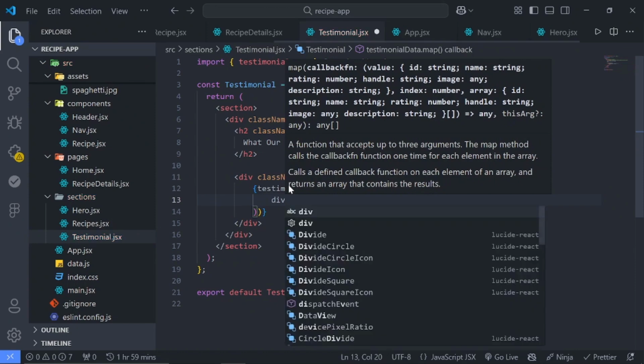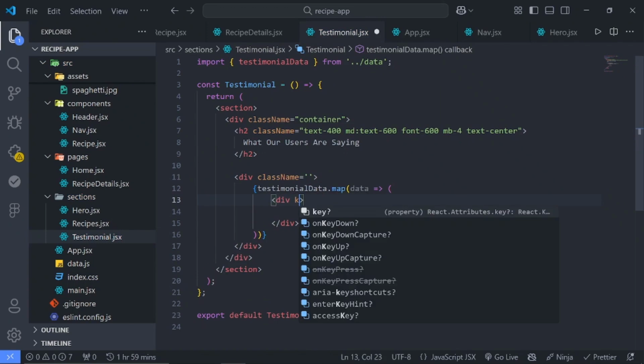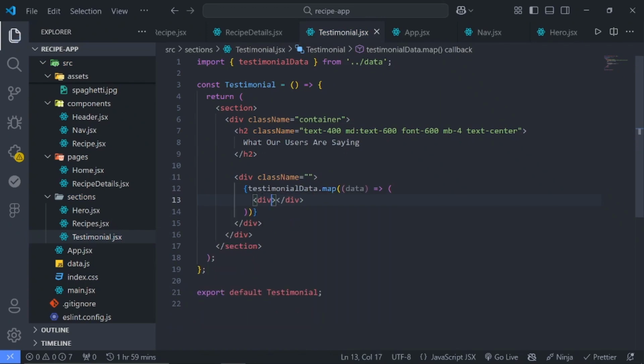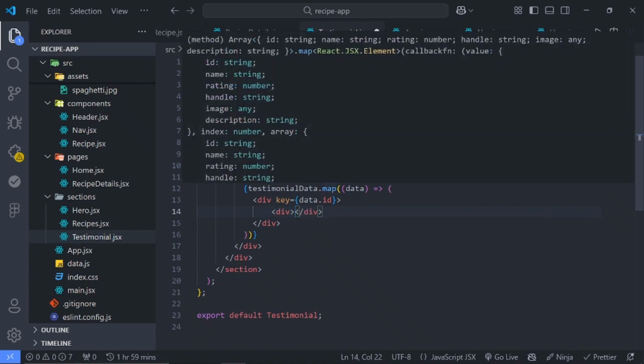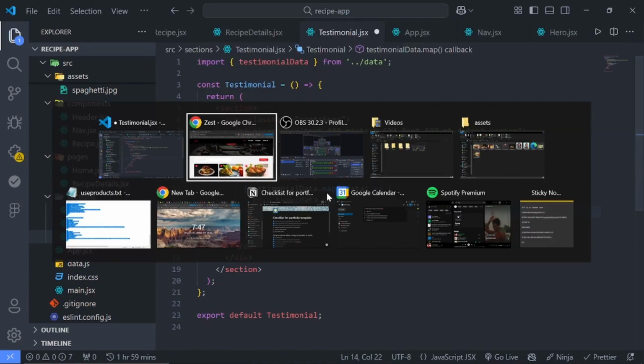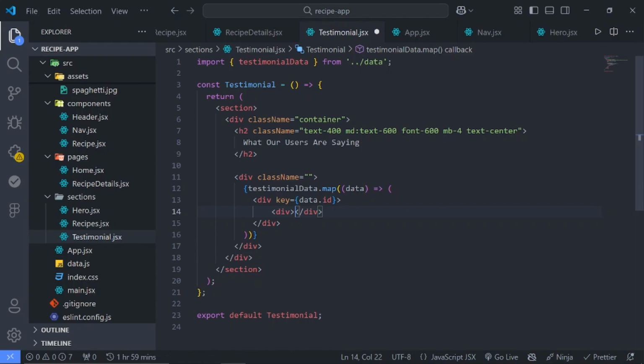and we'll create a div, and let's first of all save this. I can give this a key and set it to data.id, and inside this div, we'll create another div for the rating. So this is what we want to create. So inside this div now,